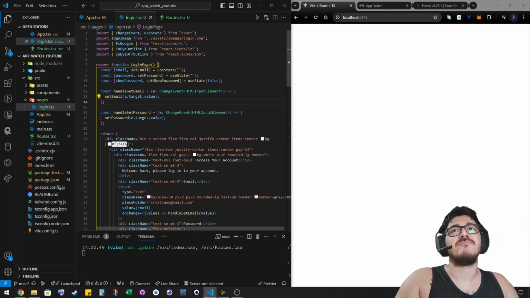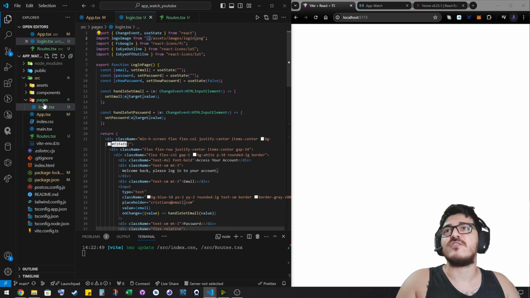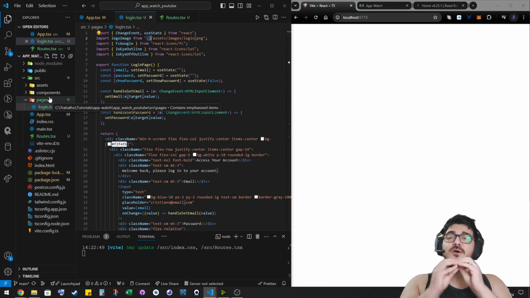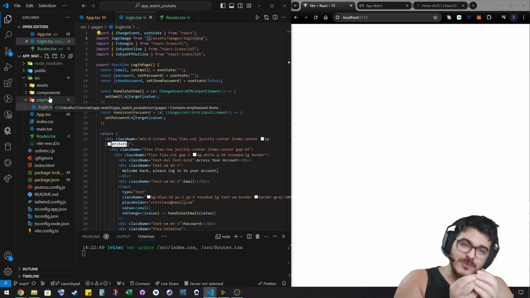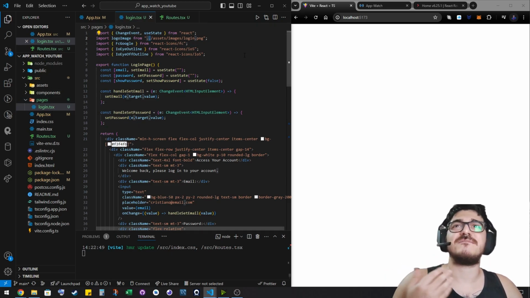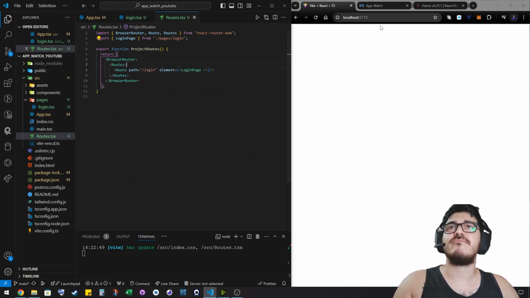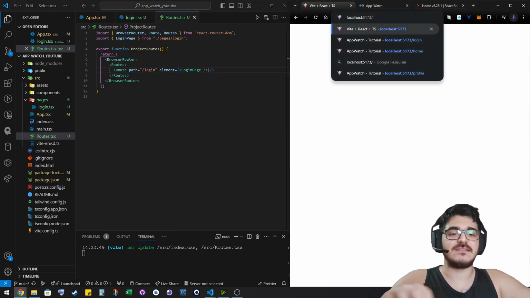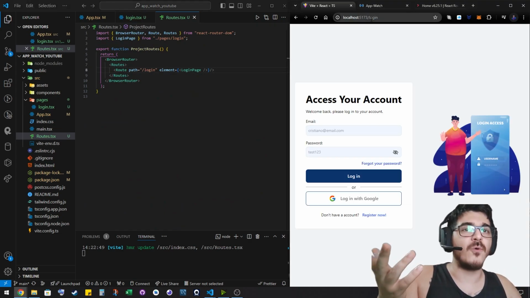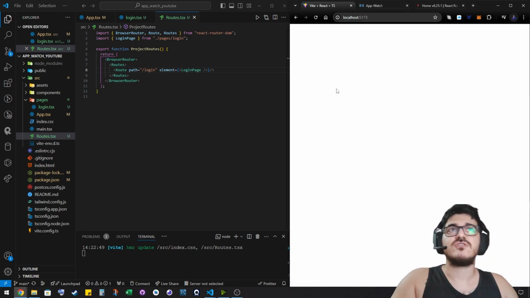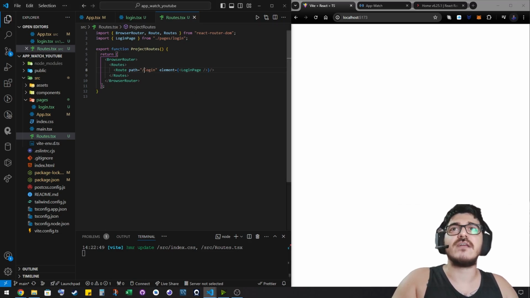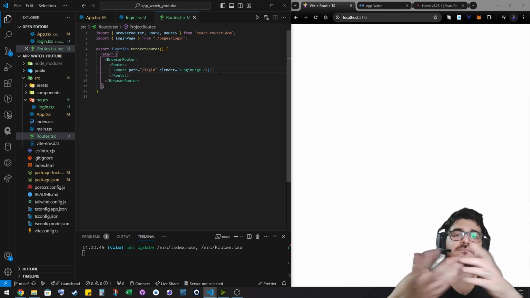Just put a dot, because we put the code inside the pages folder. So you have to do another dot. Right now, nothing is showing. Why is that? Because I don't have this as a route. If I go to login, it's going to be the login page. So what I want is every route to be redirected to the login page, because that's my first